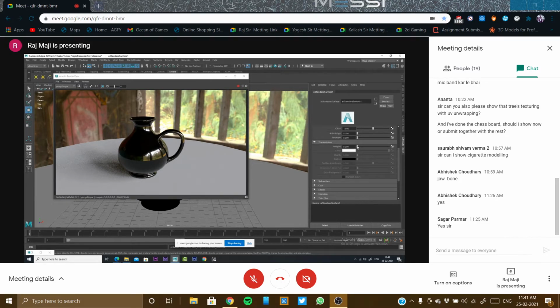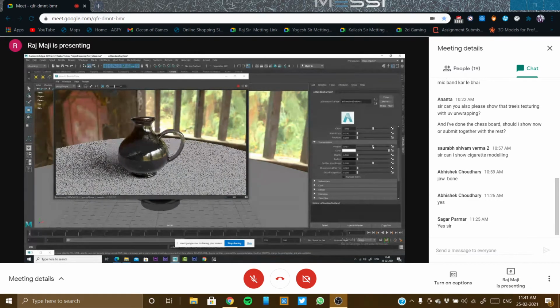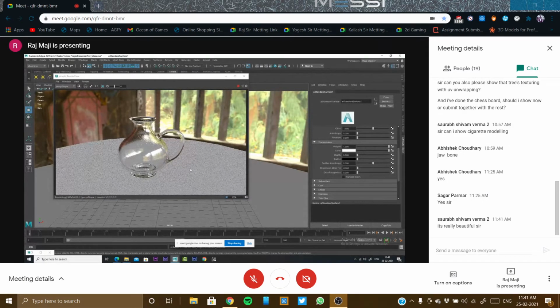So I'm just clicking on the transmission weight, and you can see something is happening, and the transmission started to show, and now it is looking like a glass. You can see it is looking like a glass. And anyway, the glass will take so much of rendering time. Remember this. It will take so much of rendering time.